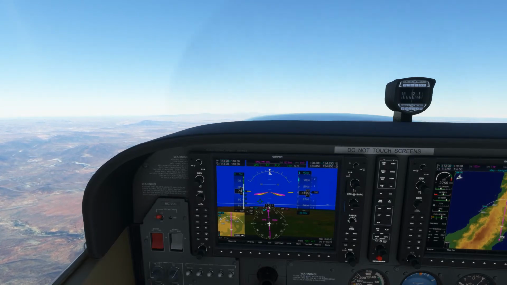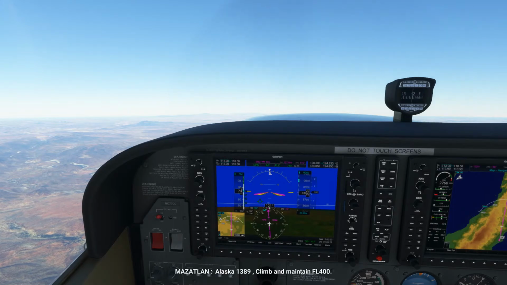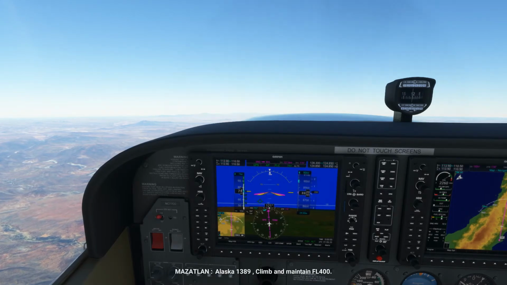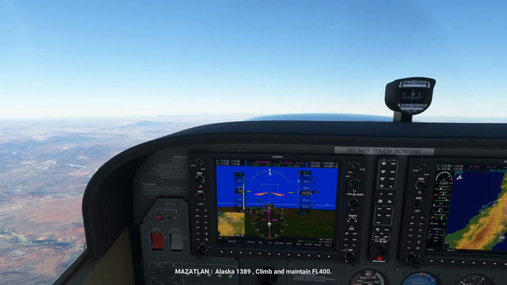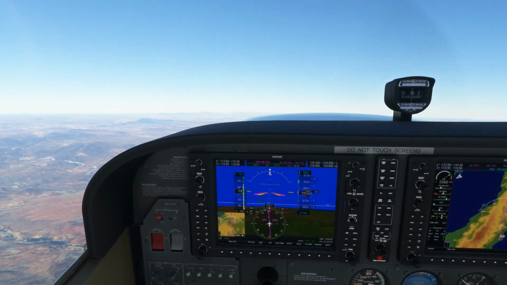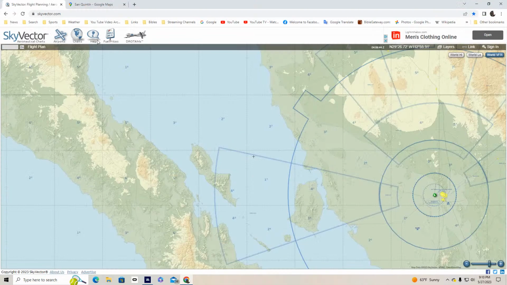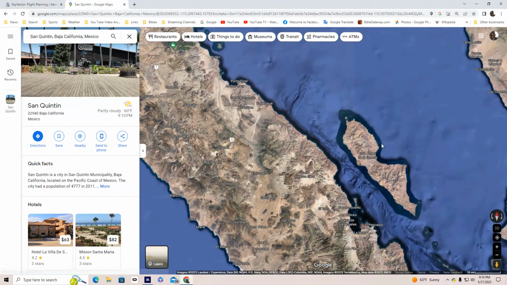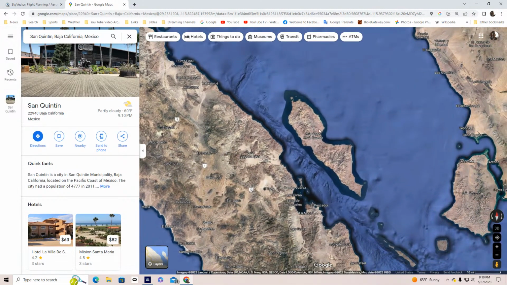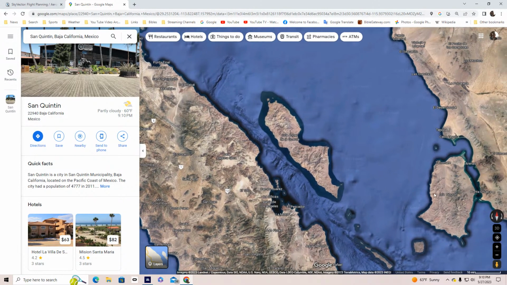So I wanted to talk a little bit about that Isla Angel de la Guarda. We're almost to altitude, but this island right here is a pretty huge island. And another island right there, the Isla Tiburon.